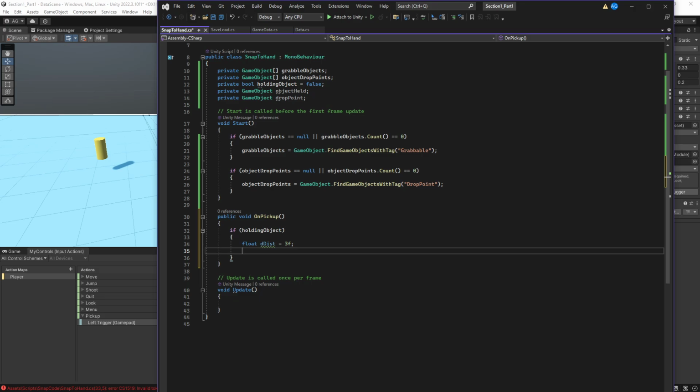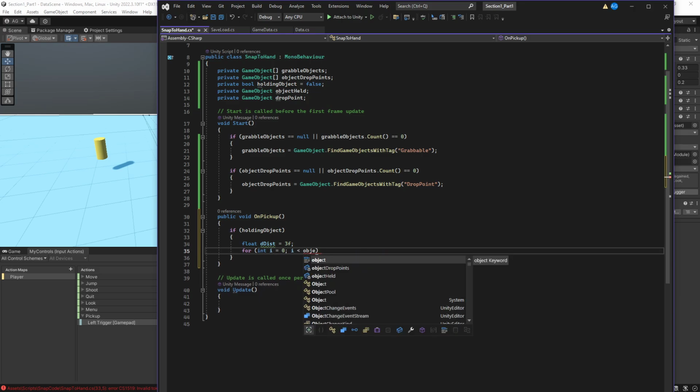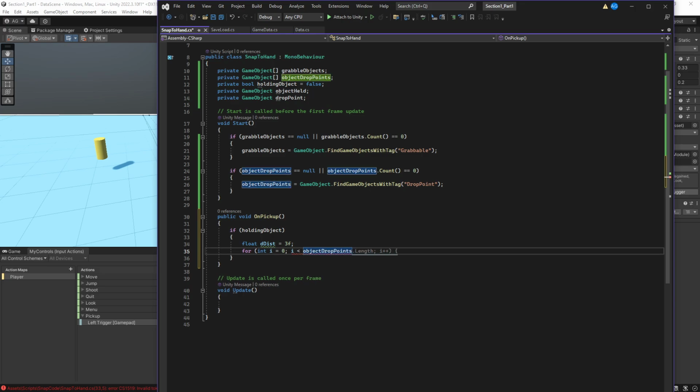And so then we're going to do a for int I equals 0, I is less than the object drop points dot count, I plus plus,